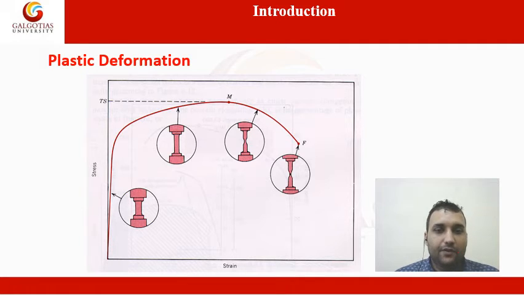Plastic deformation means the metal will not recover to its original shape upon the removal of load. And if we increase this further, then our part or metal will start failing. The cup and cone shape starts forming, and ultimately the part fails. So up to point M, as you can see in this image, we will apply the load. That is the optimum load for metal forming. So this is the principle that works behind this process.